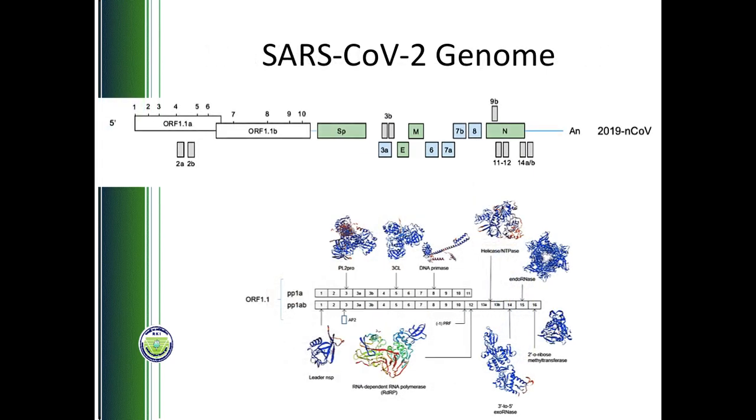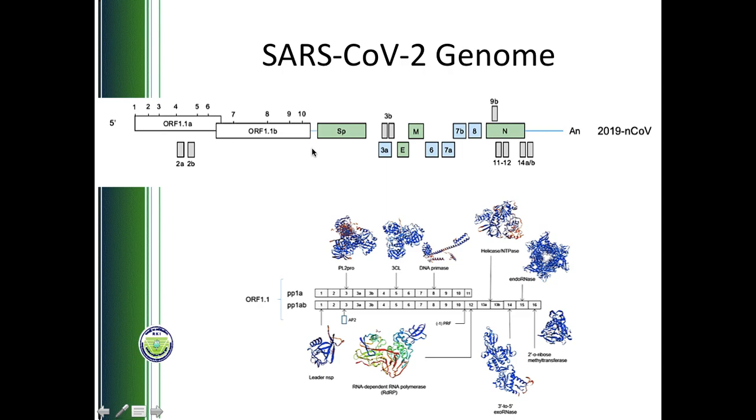Now, how is the RNA converted to DNA? The SARS coronavirus 2 RNA, the complete RNA, which we call the genome, is around 29,000 nucleotides long, and this complete length is not used to make the DNA because PCR has got a size limit. So only a certain part of this genome is used for the DNA conversion. Here the green colored part is what we call structural genes, which make the structure of the virus. The white colored part is what we call the non-structural genes, which will make non-structural proteins.